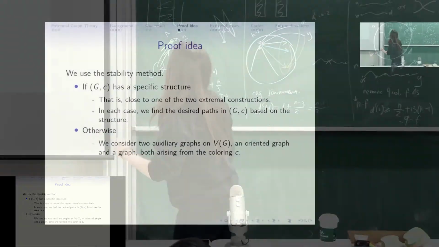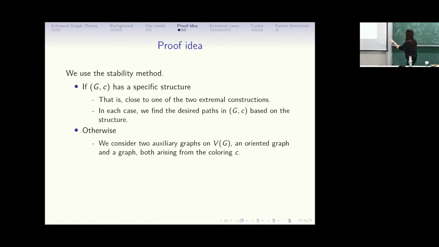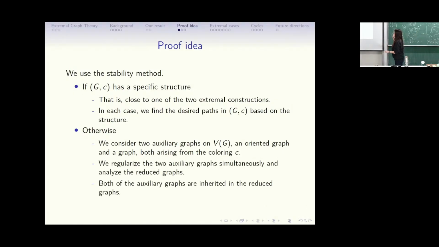So you'll see why very soon. So the double edges in this graph, I'm combining the idea of directed graph and edge-colored graph now, but I'm going to first construct an auxiliary directed graph based on the edge coloring. And then I'm going to store all the double edges in one graph, store all the other edges in another graph. I regularize both of them, and then I'm going to find a structure in the reduced graph.